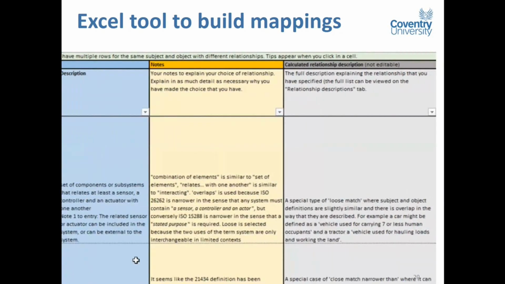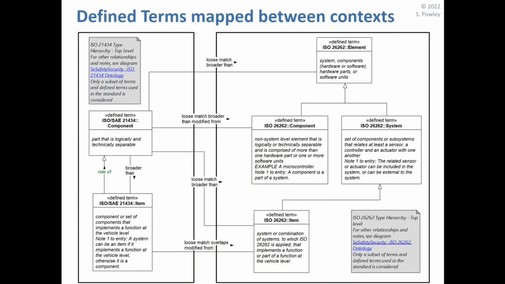So when we've done that, like I say, it's really important to capture the rationale behind the discussion. So this is really as useful as a tool for discussion about these possible mappings as it is as a basis for integrated modeling. So even if you're not going to build those integrated models, it can be a very useful exercise to have that discussion among your stakeholders about how they understand the terms and definitions and how they might relate. And then the tool here on the right will automatically generate the very specific mapping and provide you with an example definition of the way that relationship should be used.